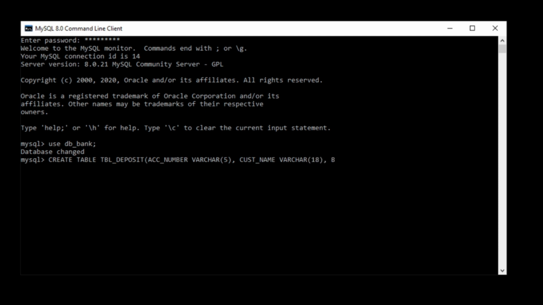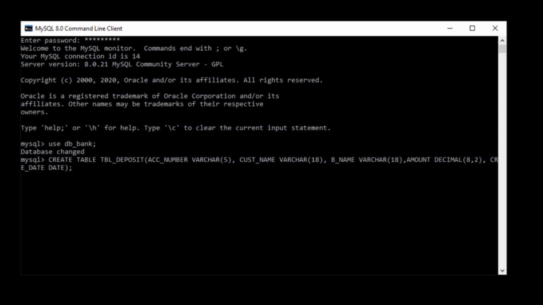The next one is branch name, varchar 18. The next one is amount. Here I have used decimal. And the last one is the creation date.